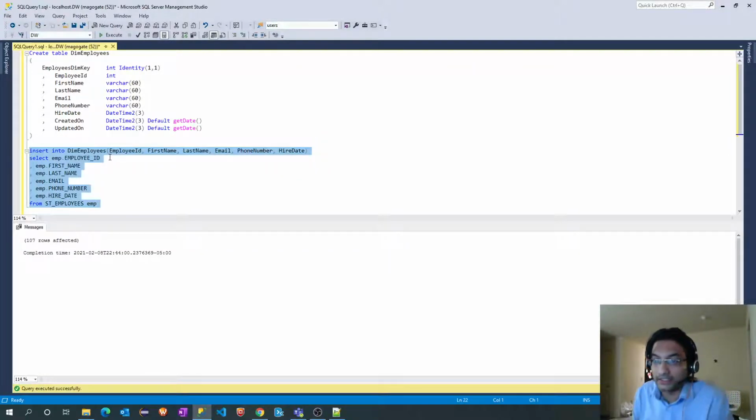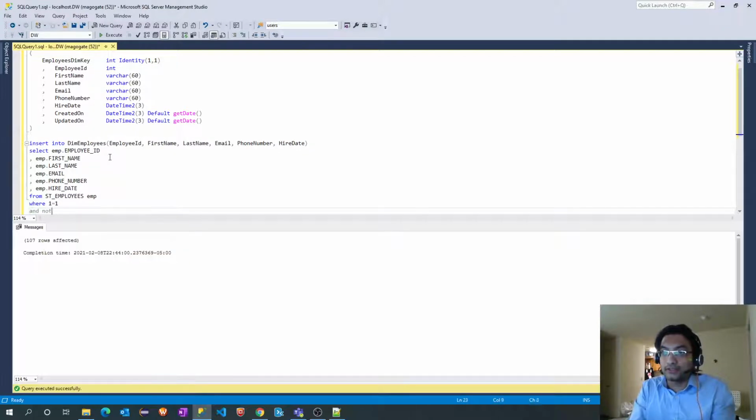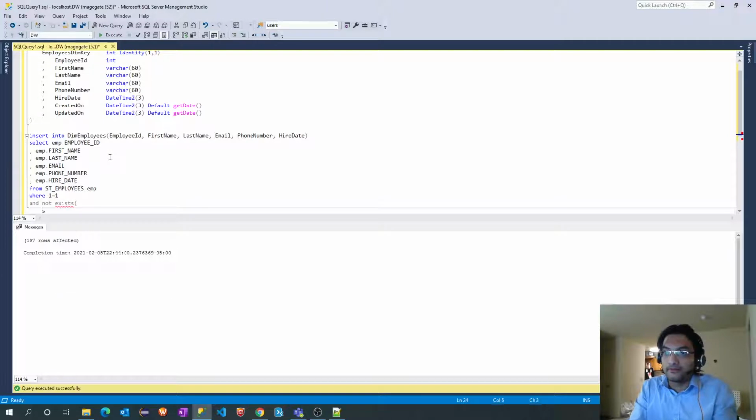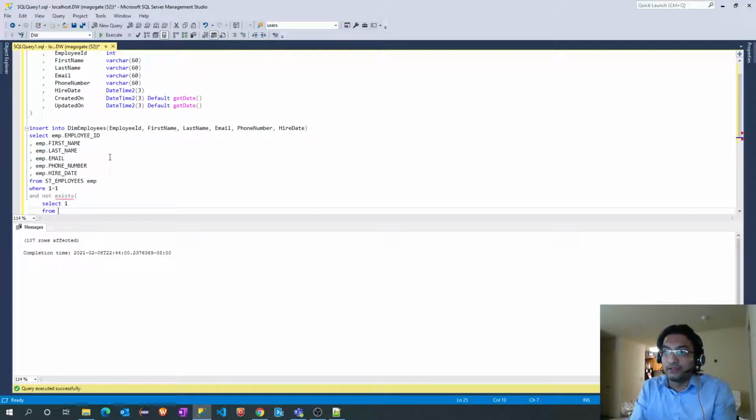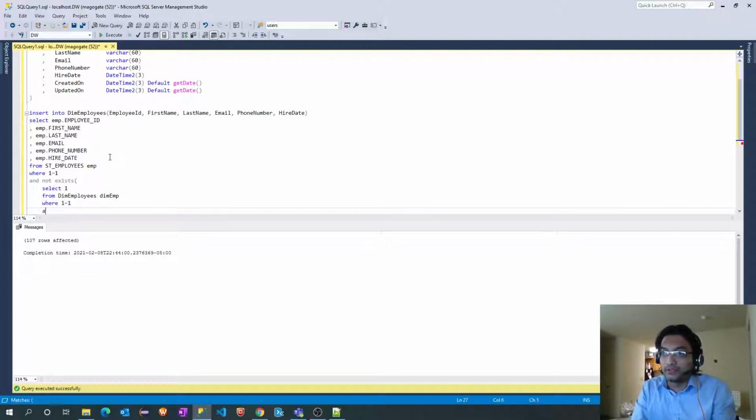Another thing is we do not want to insert duplicate records. So I should write 1 equal to 1 and not exists. Select one from, we have to use our dimension table here, dim_EMP where 1 equal to 1 and dim_EMP.employee_ID equal to EMP.employee_ID.